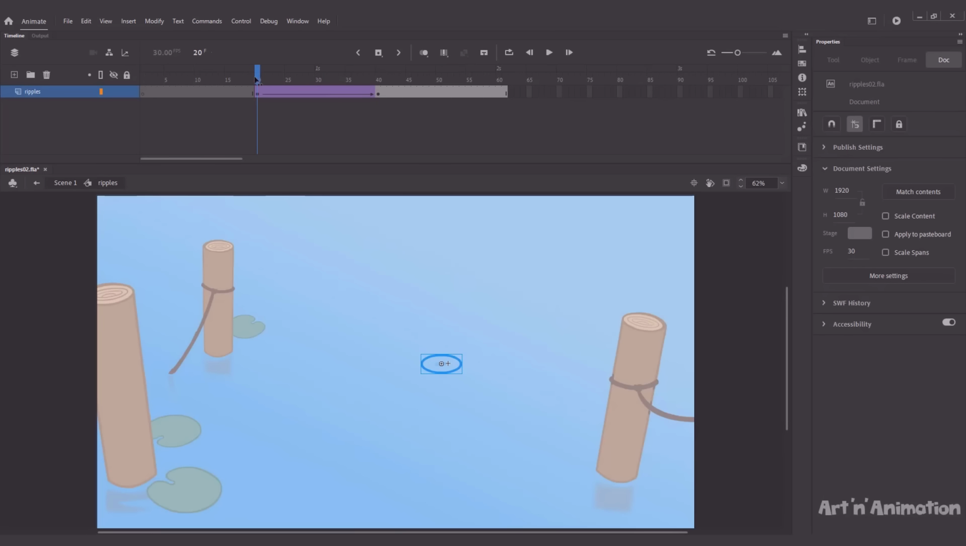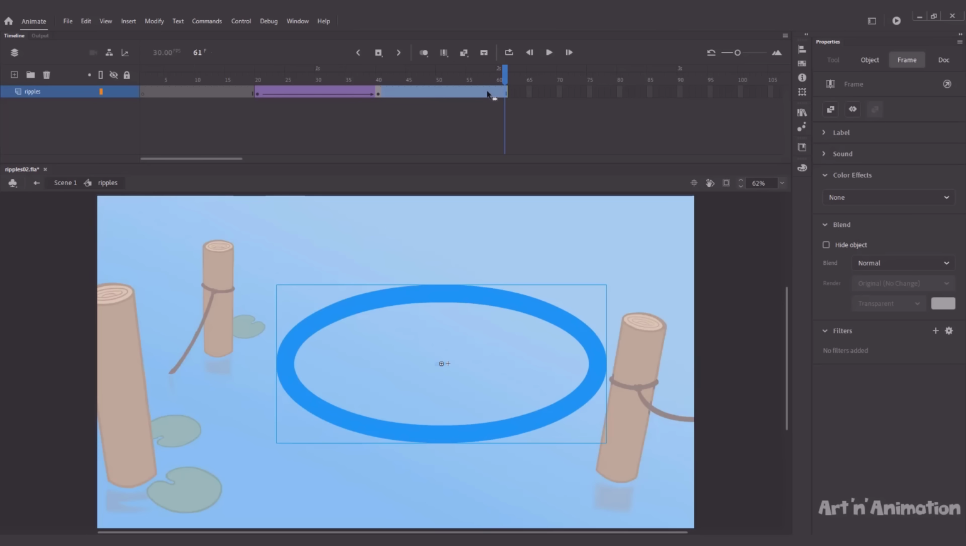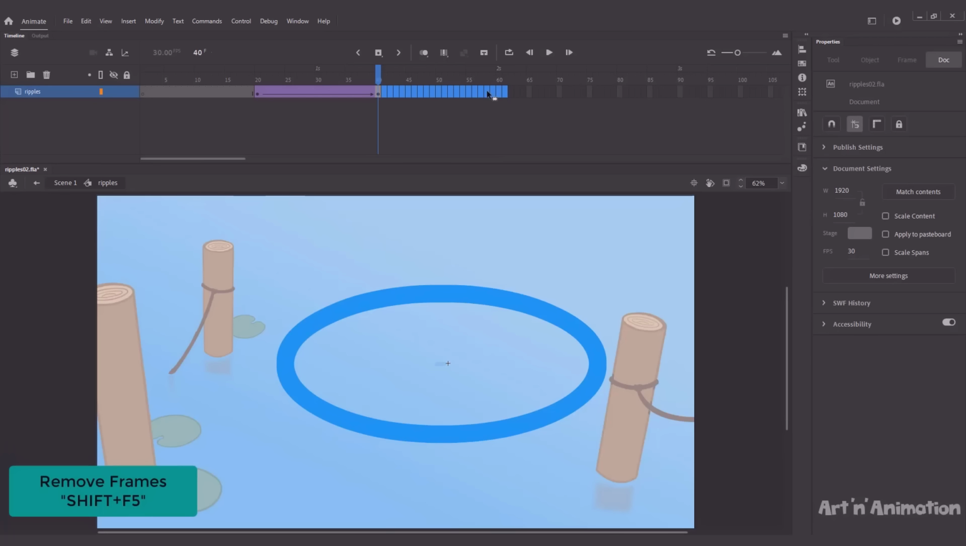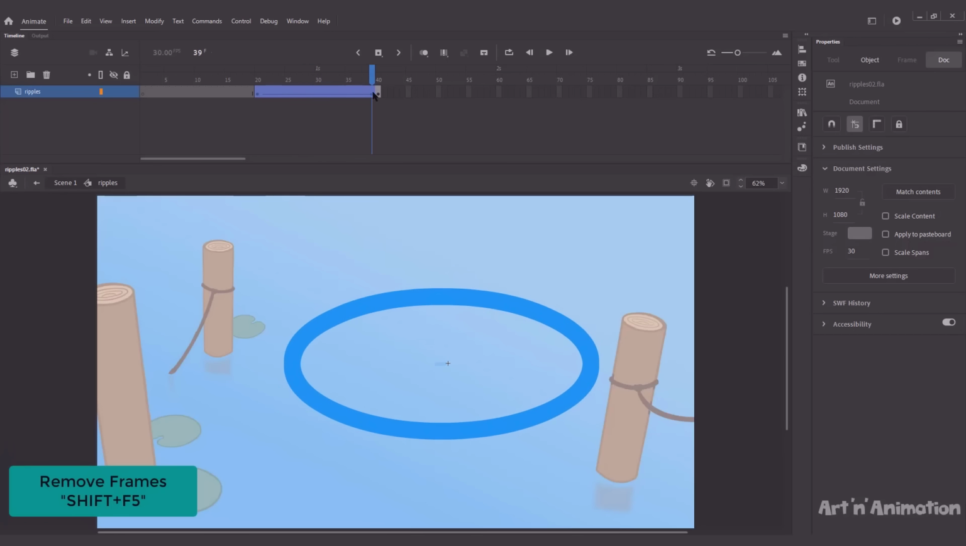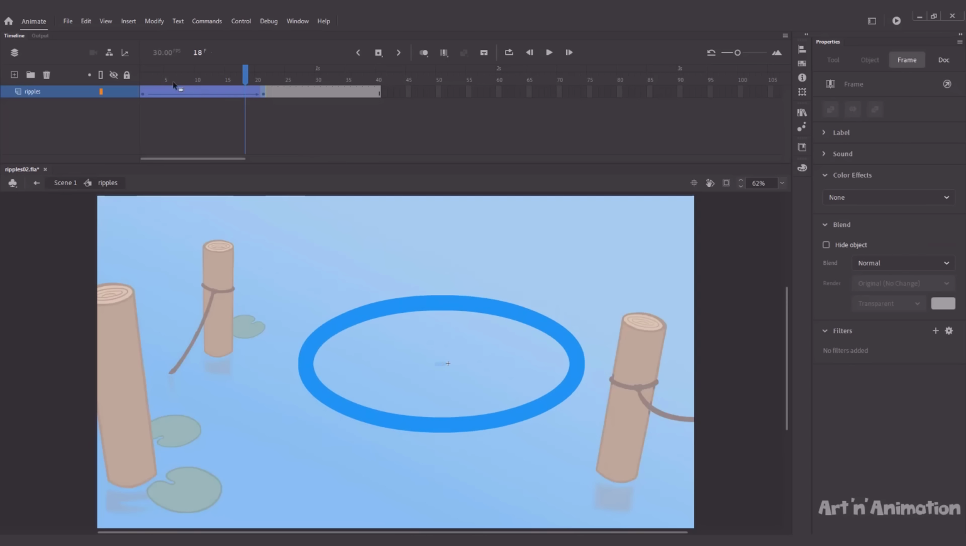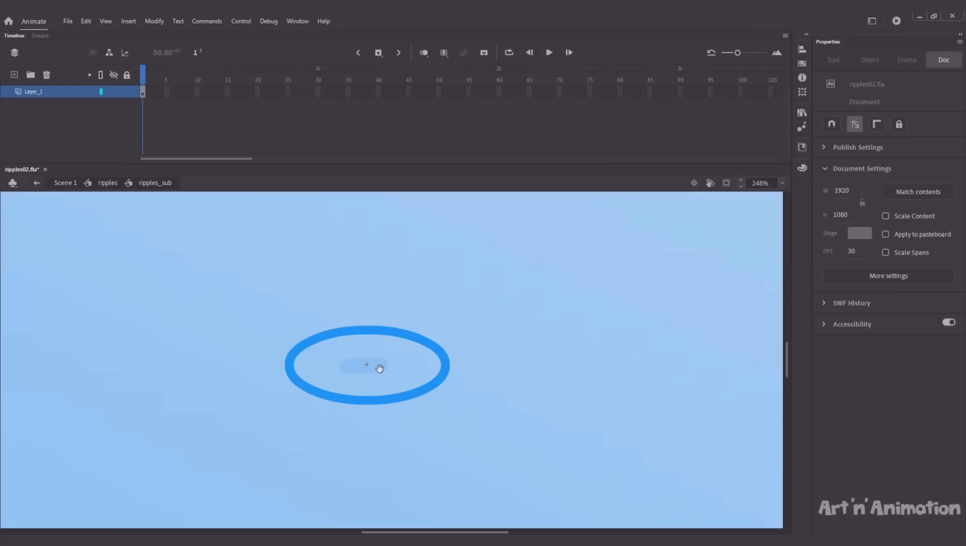We then select all the frames from frame 40 to 61 as seen in the video and remove them using Shift F5. Now we select all the frames from frame 20 to 40 and drag the whole selection to frame 1. Once this is done, we double-click on the ripple to enter the symbol and modify the shape of the ripple